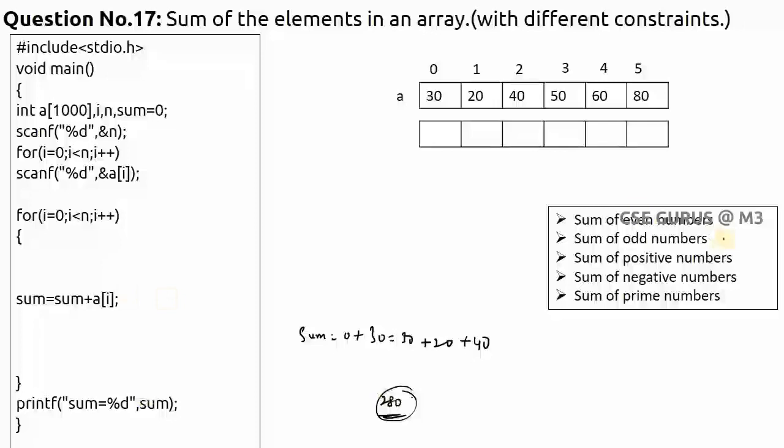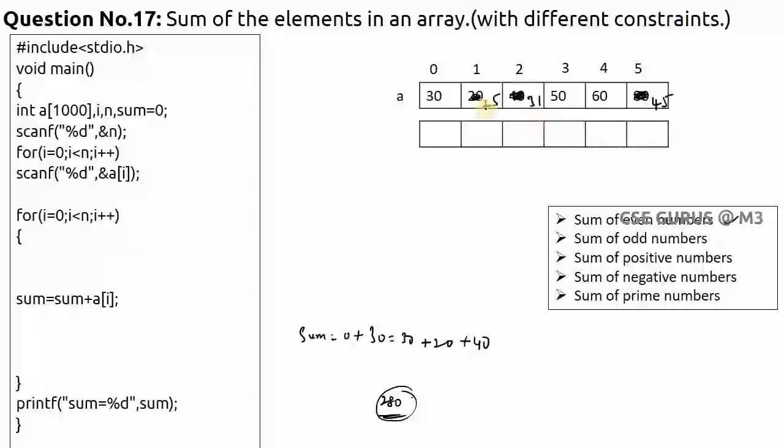Now my question is, if you go for only even numbers in your array. Here of course I have taken all even numbers. Let us suppose I'll take this number as something like 25. Here I'll take something like 31. Somewhere here I'll take 45, like this. So sum of even numbers. What are even numbers? If you see, 30, 50 and 60. 30 plus 50 is 80. 80 plus 60 is 140. So the sum should be 140.